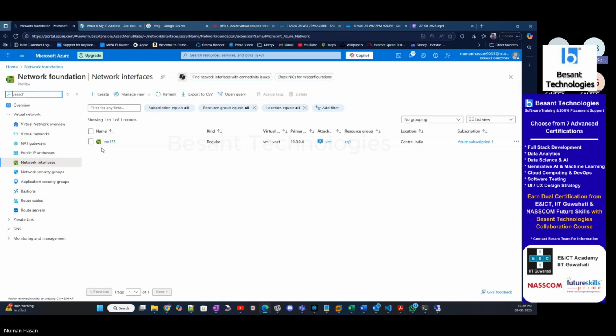Now there is a NIC with a name known as VM155, which is attached with the VM1, and you can see the logo of the VM1. It's showing you the title known as attached. So it clearly shows that this is the NIC which has been attached with the VM1. Now let's go into the NIC